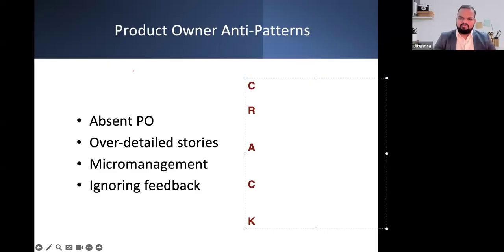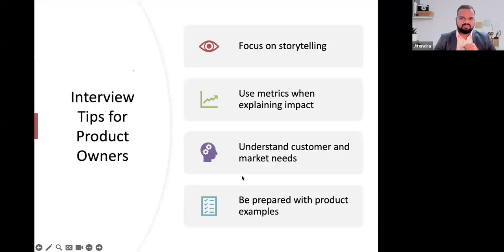And C over here is someone who is again going to discuss with the team and collaborate. At the same time, as a product owner, you are someone who is deeply working on the specific requirement. And K stands for knowledgeable. So you need to have a collaborative approach. You need to make sure that you are approachable and you have knowledge of the product much more than anyone else. That is what CRACK is all about.